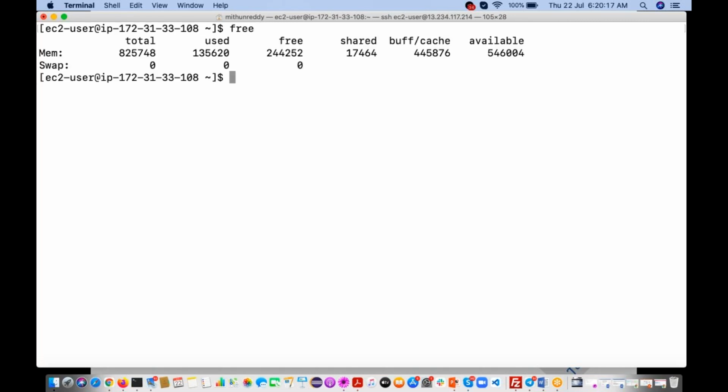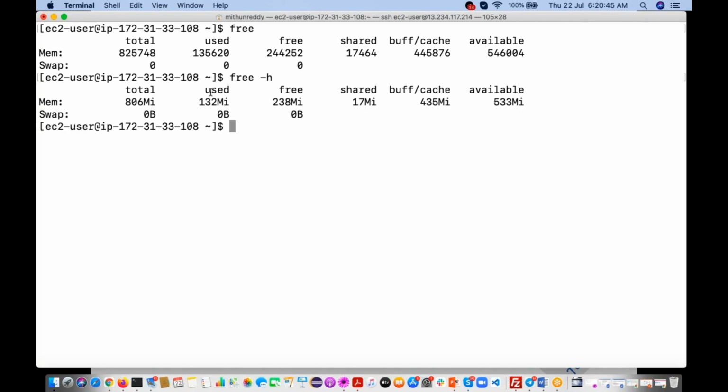See, I executed the free command. It is displaying some numbers, right? Instead of this, I want to display in a human readable format. So for that, we are going to use free -h. h means human readable format. So it is saying 806 megabytes, right? So like that, you can use